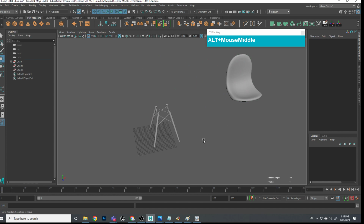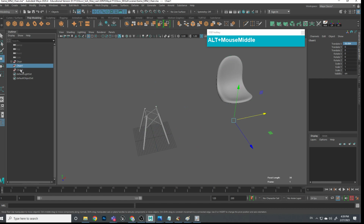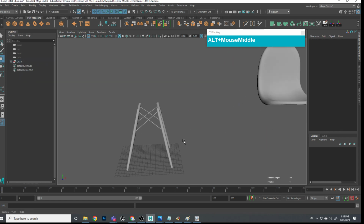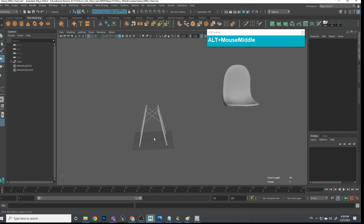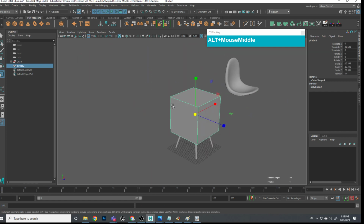Okay, so again, I'm going to select the group and go and reset the position. Get rid of the empty groups here in the outliner. Now, if you want to create a chair with the handle, again, you start off with a cube. But this time, we don't delete all the faces. We're going to